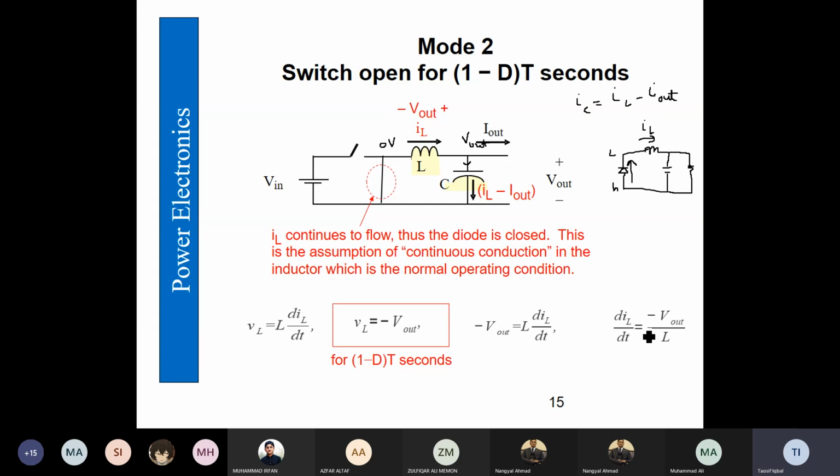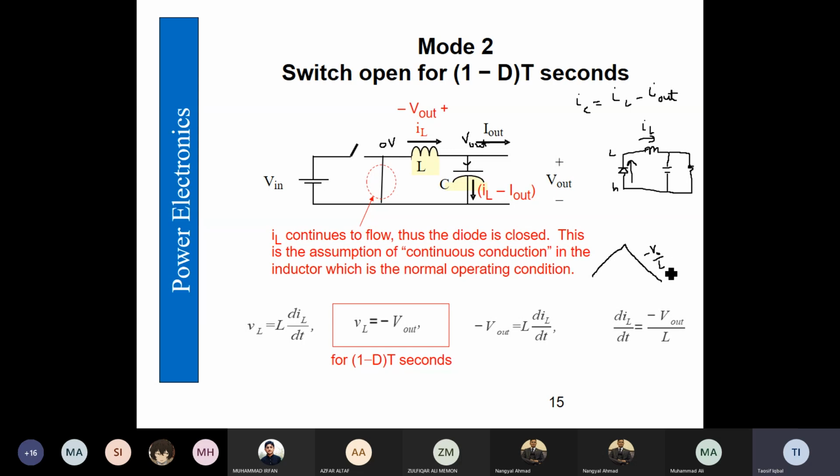Previously the inductor was getting charged, so its current was going up, and now it is getting discharged, so current is going down with negative slope